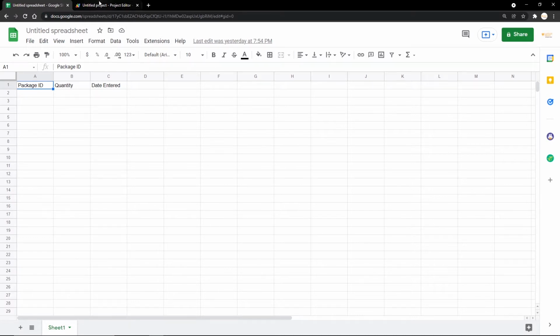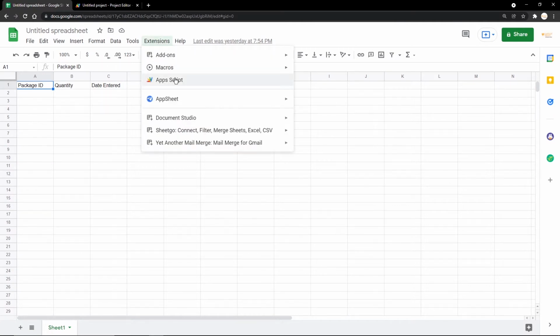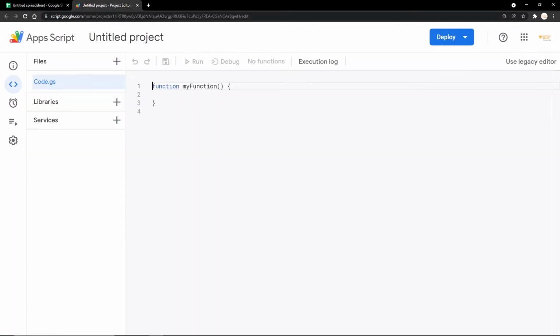So I'm just going to go to my script editor. I just opened this by going to Extensions and Apps Script, and here I'm going to write a small code. Here I have written a script that accepts a parameter number 1, which goes into the sum where it adds it with 2 and then returns this sum. Now we're going to use this custom function in Google Sheets just like you use any other function in your Google Sheet, by calling its name and using the cells as parameters.